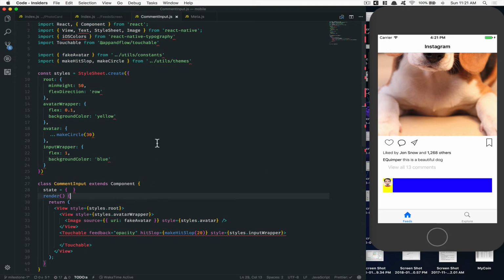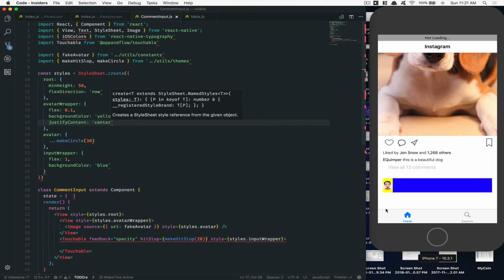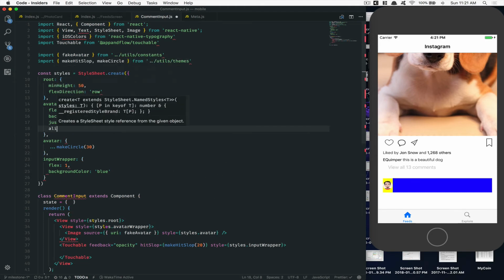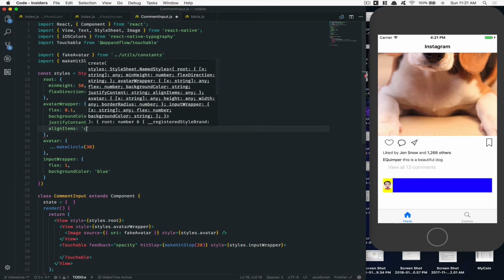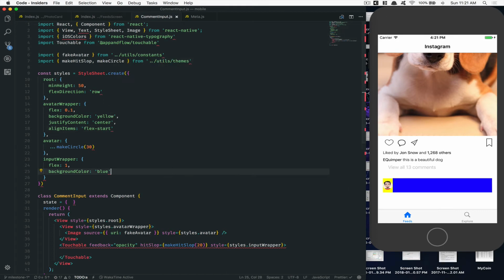So all other stuff we can do here is the avatar wrapper here. We're gonna put a justify content center, just to make it at the center right there. And also I'm gonna say align items flex start, just because I want to make sure that it's gonna always be there here. Okay, like that. And now here what I'm gonna need,